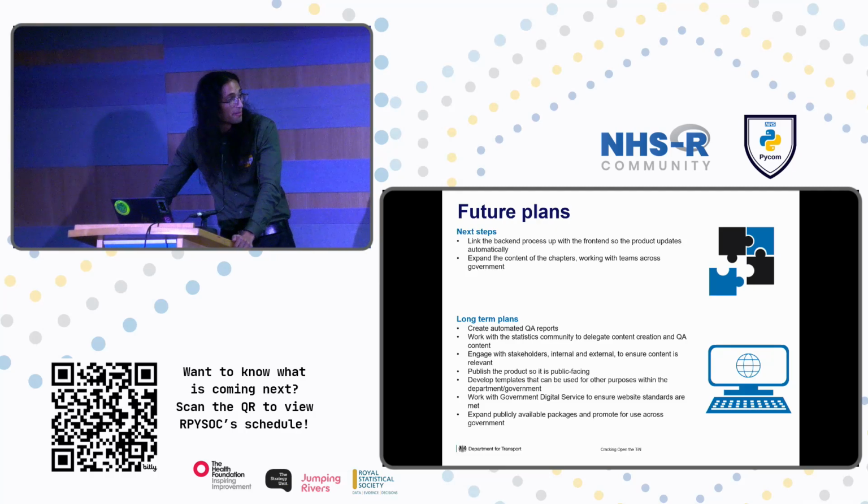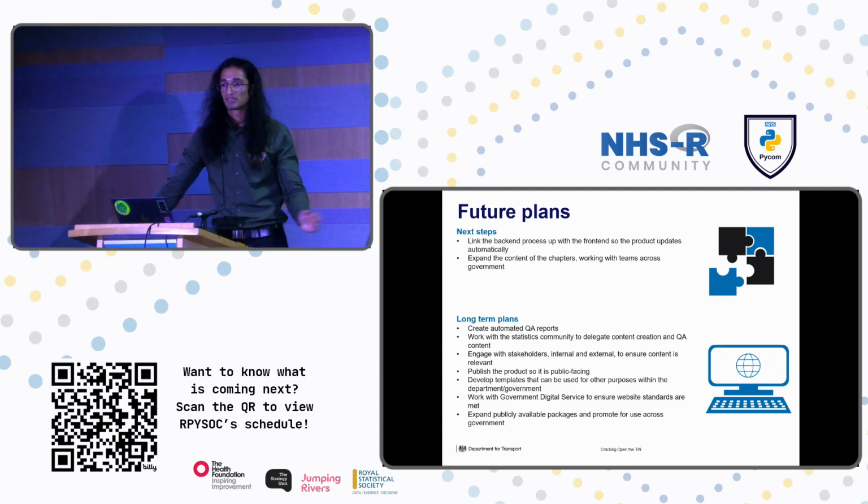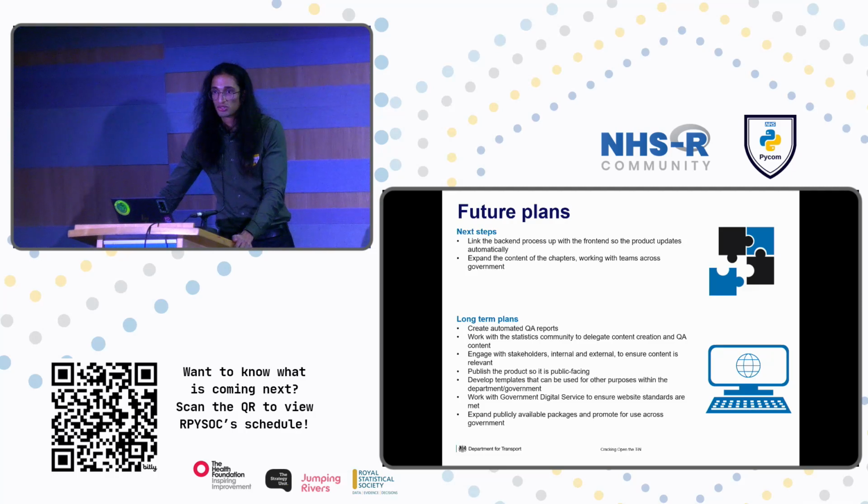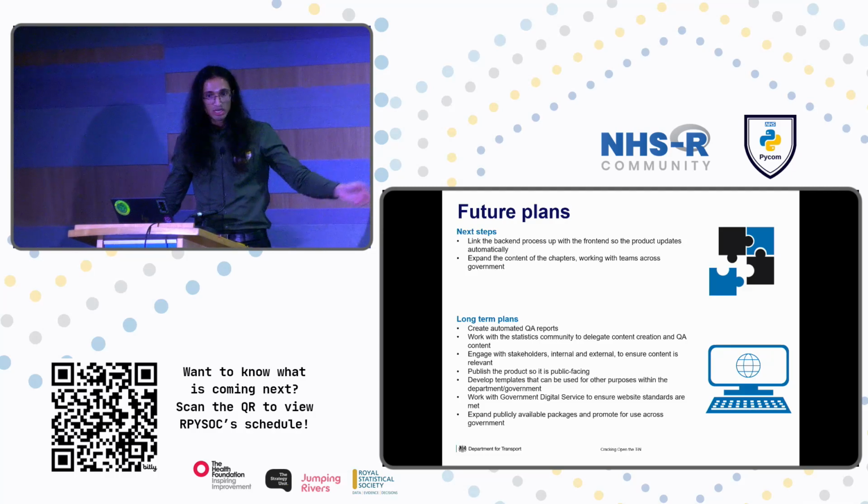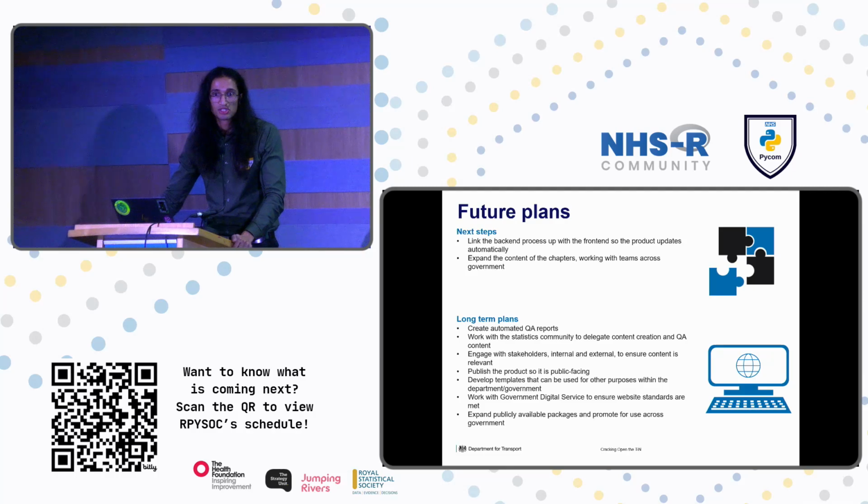Long-term plans, the main one is basically publishing it so it's public facing. So like I said, currently it's internal facing, but the long-term ambition is so that it's published for all use. The other one is we'd like to try and develop, well, we will try and develop templates. So at the moment, that TinScrape public repo is available, but the code behind transport numbers itself is currently a private repo. Long-term ambitions, again, try and make it available to others,